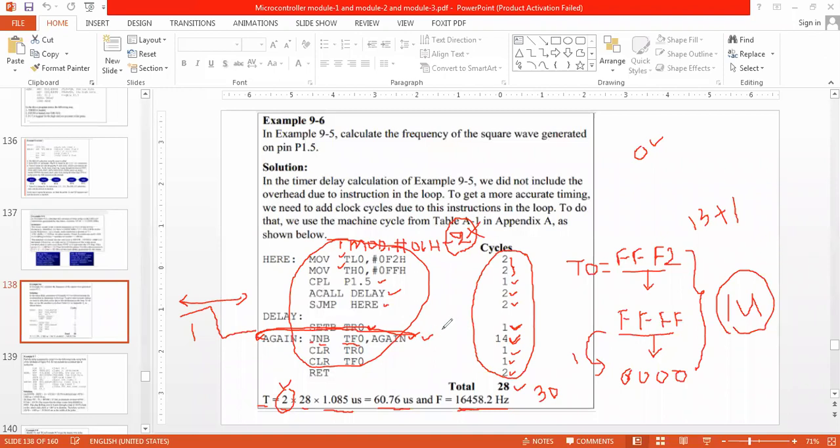One time if it is executed, one machine cycle. Another time it is executed, another machine cycle. So how many times in total is it going to be executed? 14 times. Why 14 times? Because the timer registers TH0, TL0 and TF0 are there, no? They are incrementing one by one whenever this is executed, for every machine cycle.